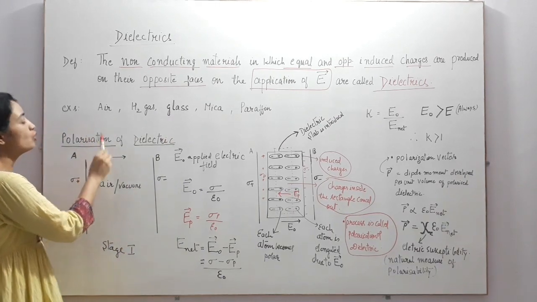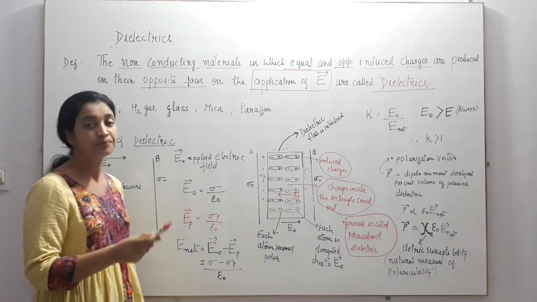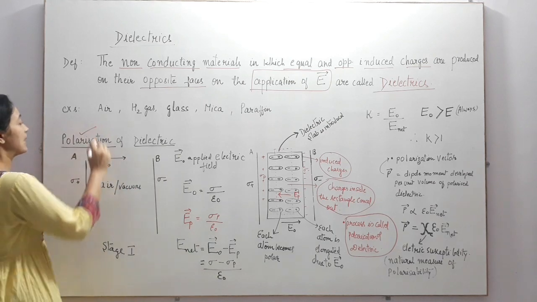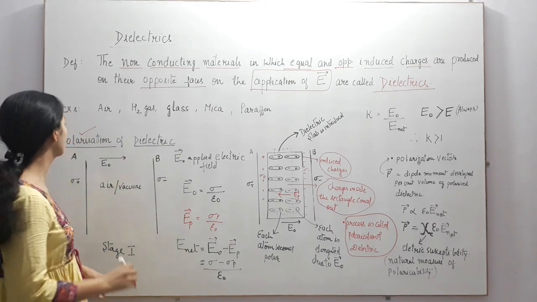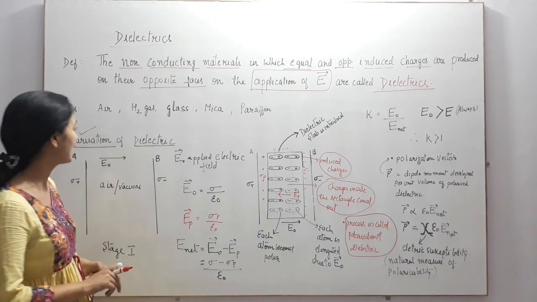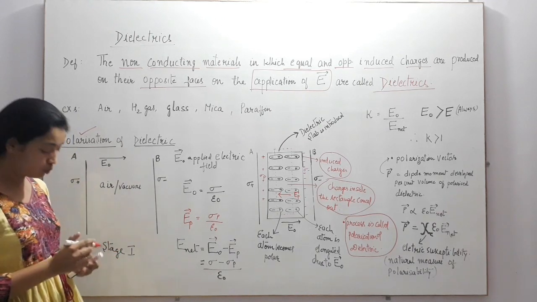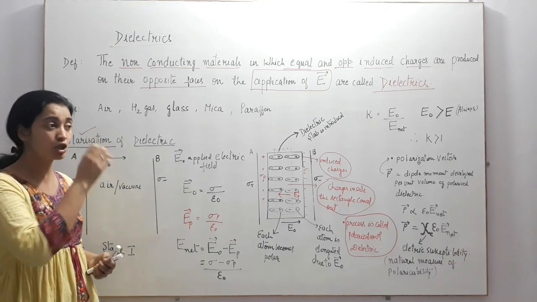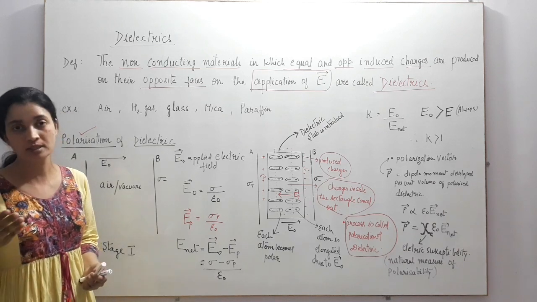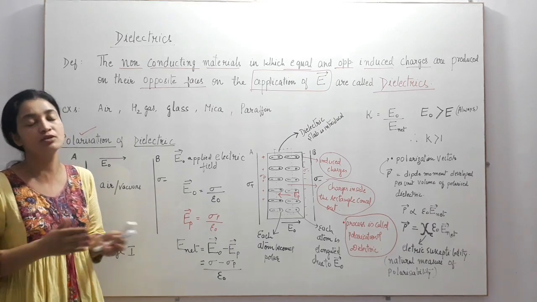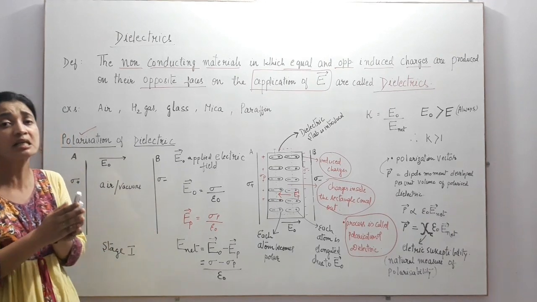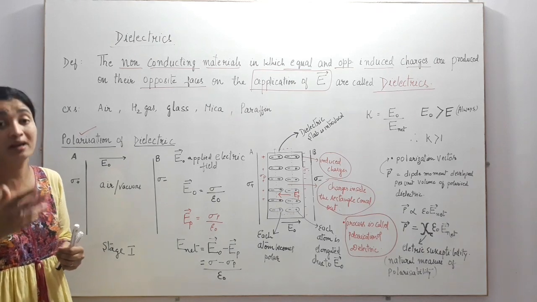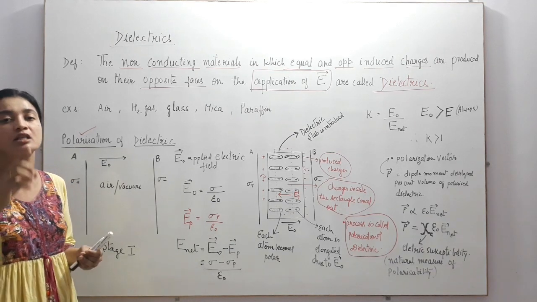Now let us see how a dielectric behaves when an external electric field is applied on it. That particular phenomenon is studied under the heading of polarization of dielectrics. The word polarization, in one simple sense, you can understand as charge separation. Polarization is formation of poles. How are poles formed? By the separation of charges. Whenever the charges are separated under the influence of an electric field, you say that they are polarized, because now due to separation of charges, poles are formed.